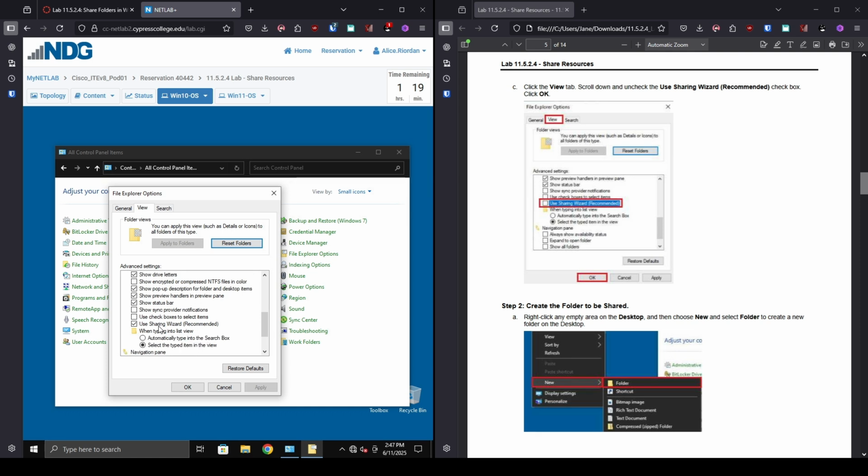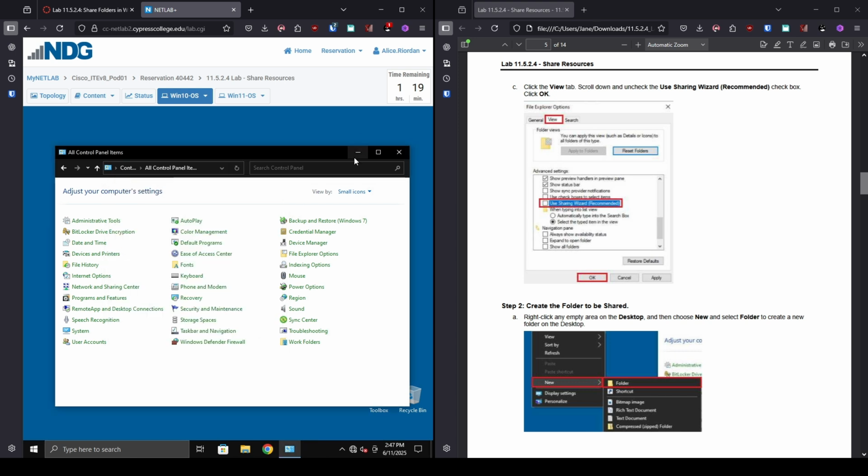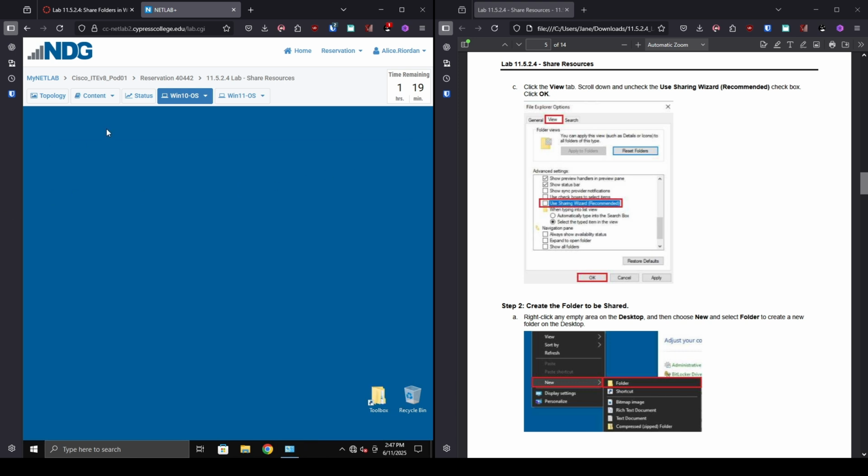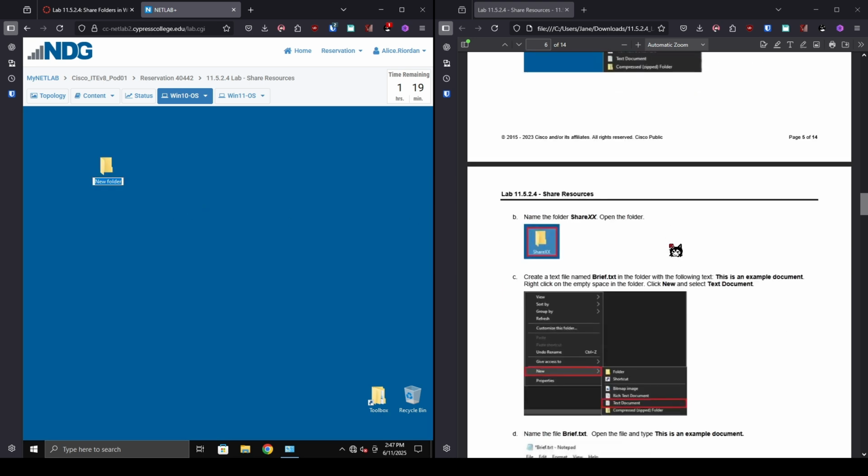If it's not checked, check it. Then hit OK. We can now minimize this because we're going to the desktop. Right-click an empty space on the desktop, go to New, and select Folder. We will just name it Share